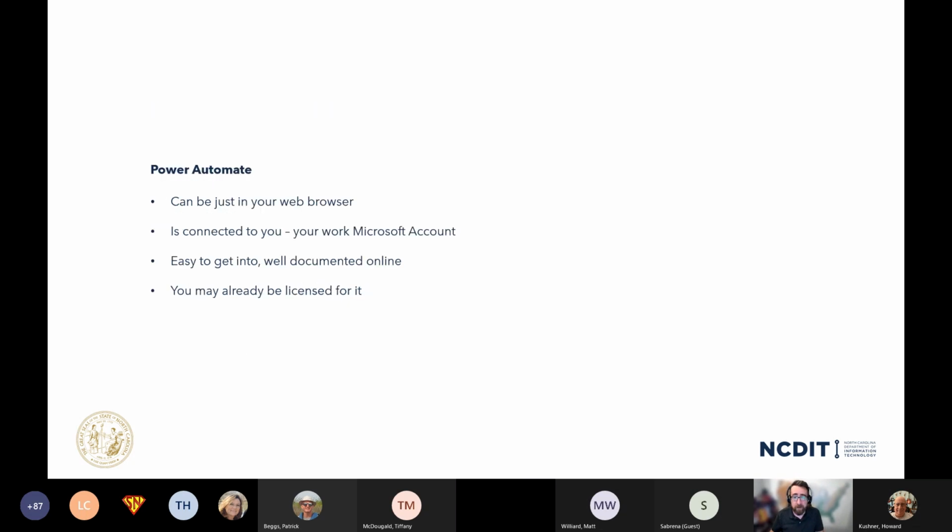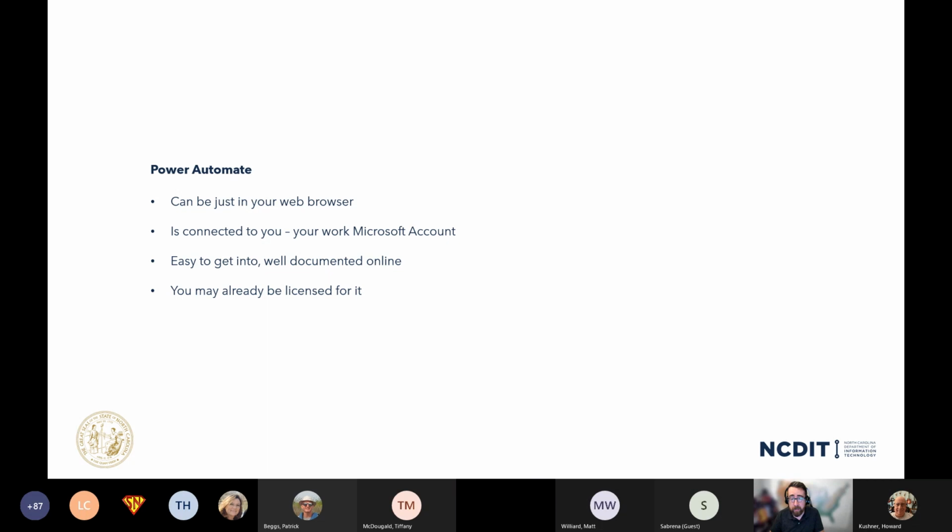All right, so Power Automate, it can run in your browser. So if you've got Chrome or Edge, those are great browsers to use for it. You log in with your Microsoft account. For folks with the state, you're used to that if you sign into Teams or Outlook on the web. It's the same with Power Automate. You get there by just going to office.com, signing in there.